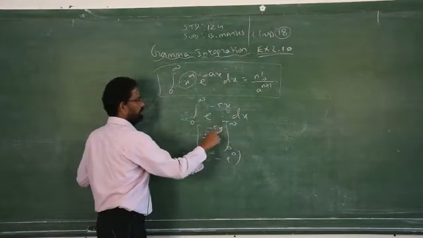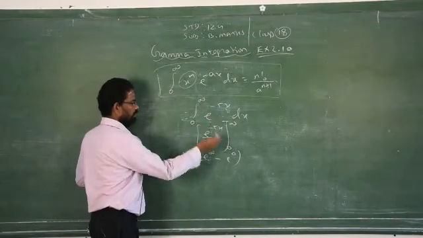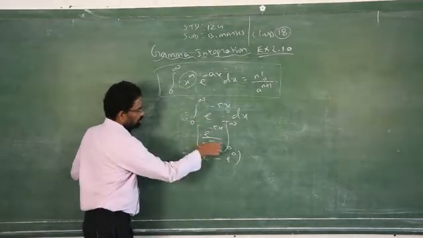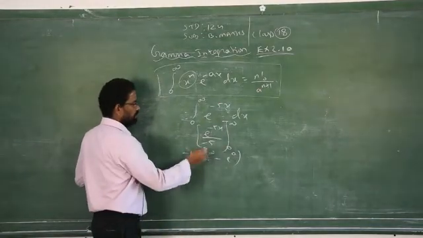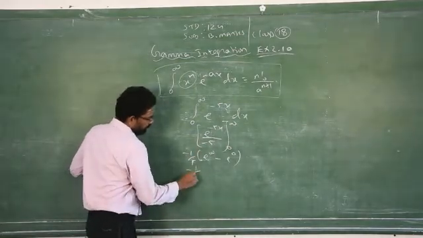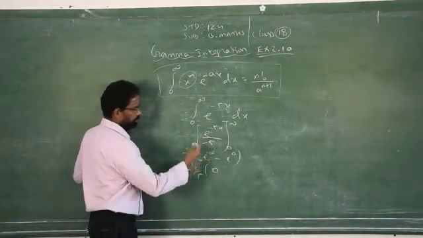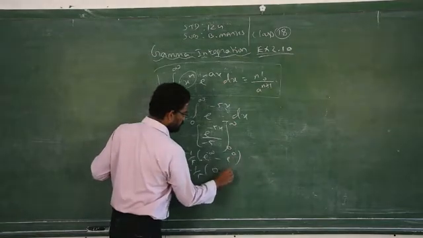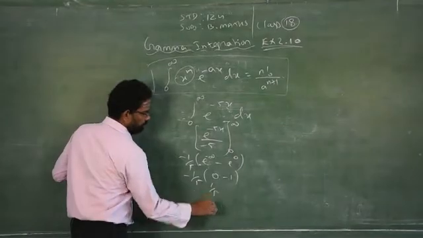When you apply infinity in place of x, you will get infinity. Then minus the lower limit, e power 0. 0 doesn't have any negative sign, infinity also doesn't have any negative sign, so no need to write minus sign, but nothing wrong even if you mention the minus sign. Clear? So 1 by e power anything: e power infinity is 0, e power 0 is 1, because anything power 0 is 1. So you take minus 1 by 5 inside, you get 1 by 5.